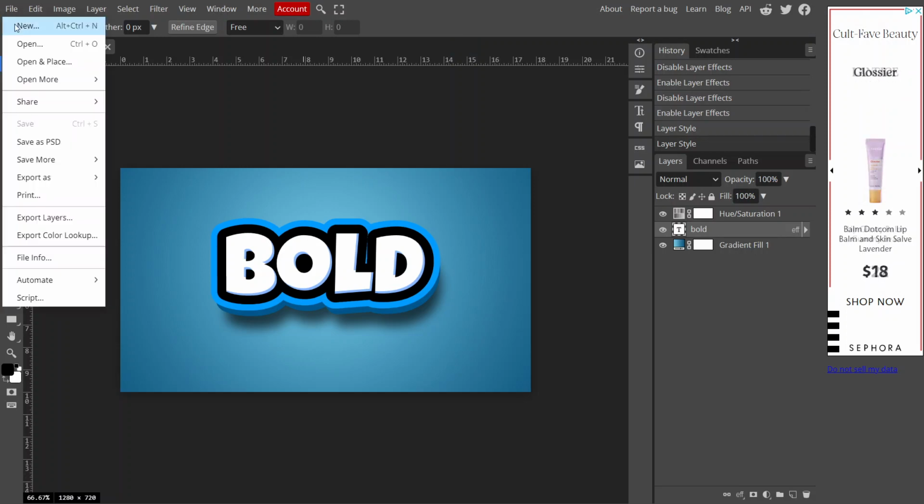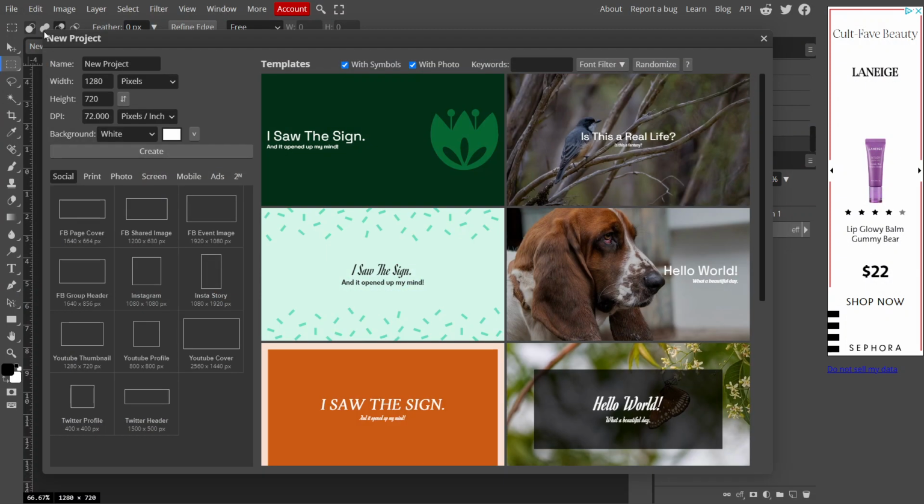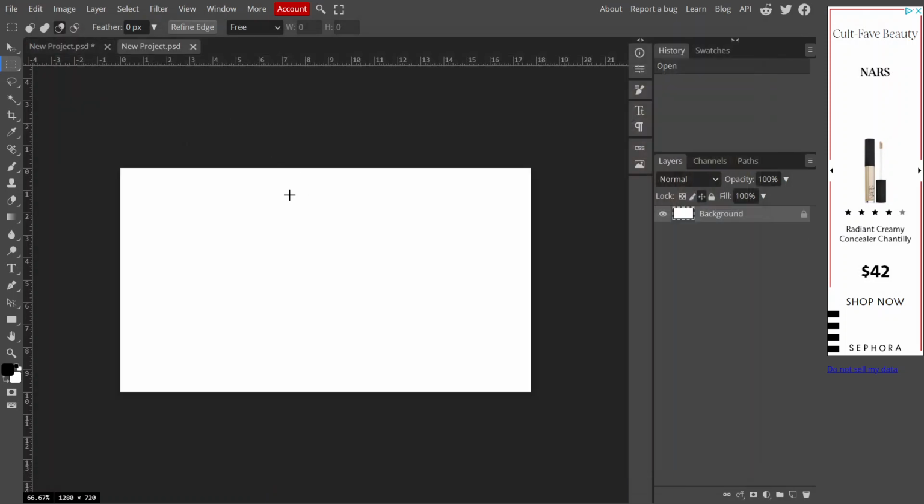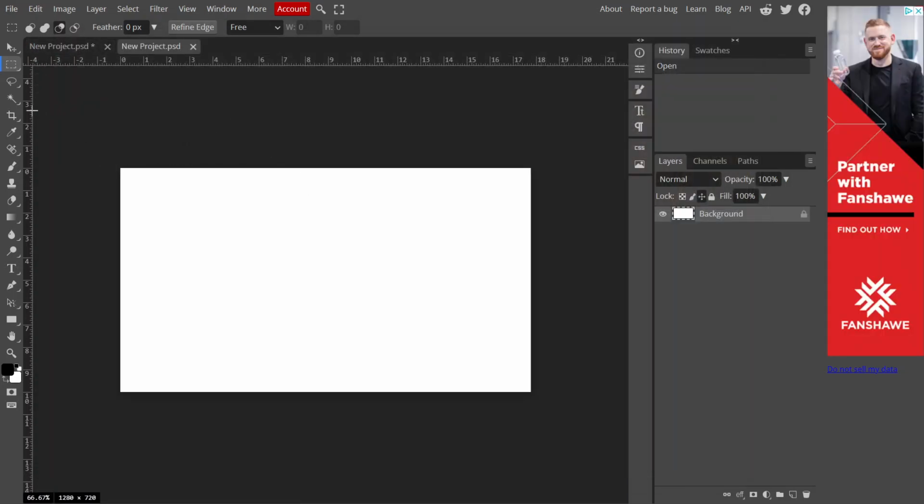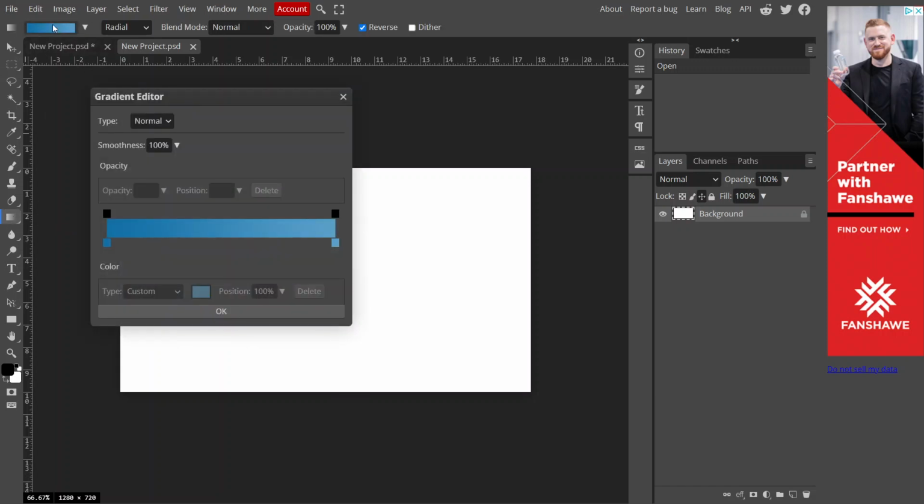First, we go to File, New, and then Create. The default size of the image is 1280 by 720, and that's good. You don't have to do anything with that. So click on Create. So first of all, we're gonna go to this gradient tool and click here, the top,